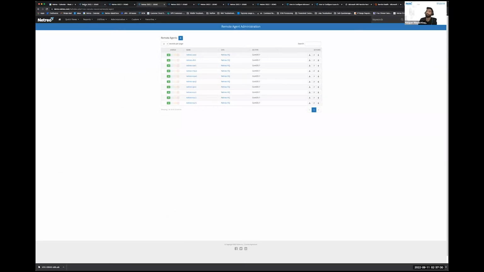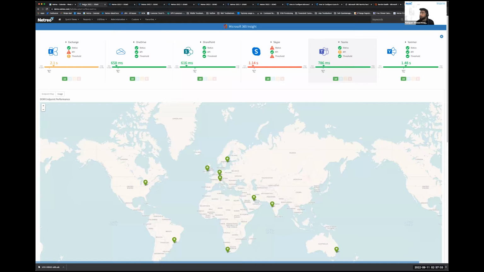Okay. As soon as you log on to your Netreo system, you will land on your default dashboard. Typically, that's the consolidated dashboard. Once you're licensed with the M365 license, you will have a default M365 Insight dashboard available to you, which would be displayed whether or not you configure the M365 Insight credentials. Once you click on this particular Insight dashboard, it will take you to a web page similar to this. If you have your M365 Insight elements configured,